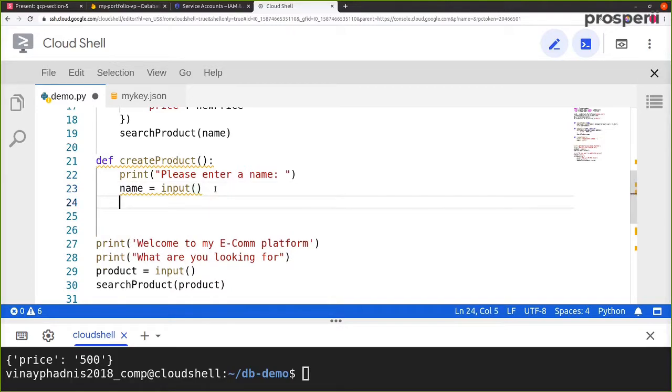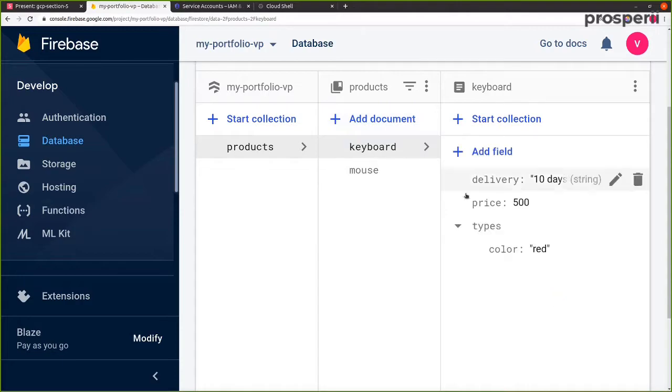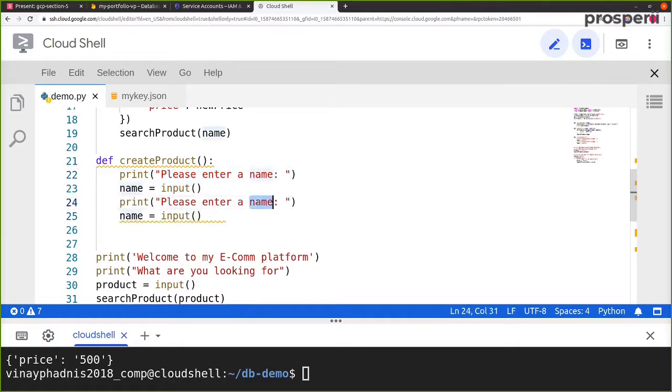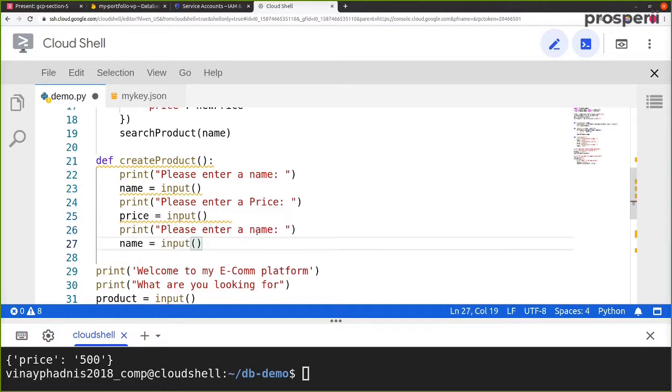So now after accepting the name, now we want to accept the price and the delivery date. Okay, so over here if you look at keyboard, now we have a price and then a delivery date. Okay, so over here let's go back, let's copy this same thing and let's paste it. So please enter a price, and over here we have price. Then let's paste it again, and then please enter a delivery time, and over here we have delivery.